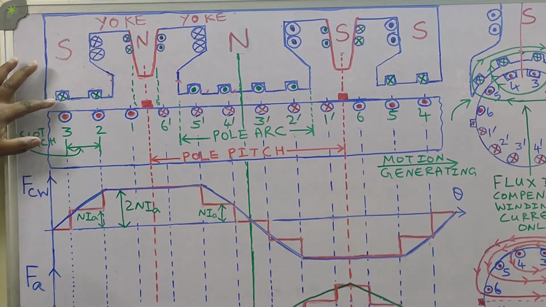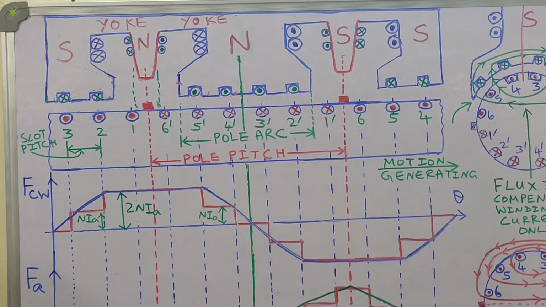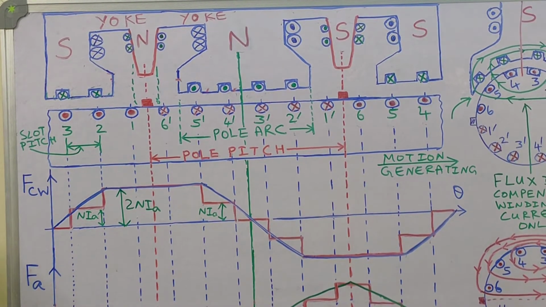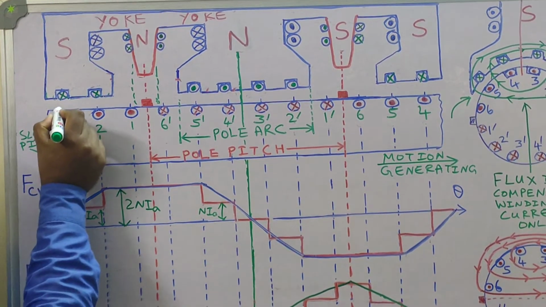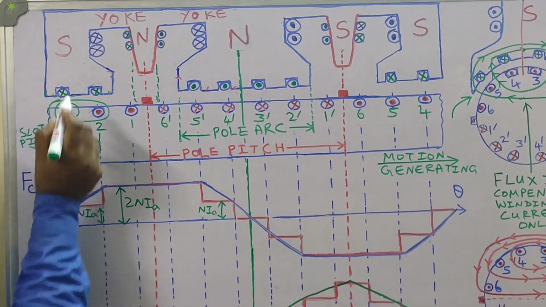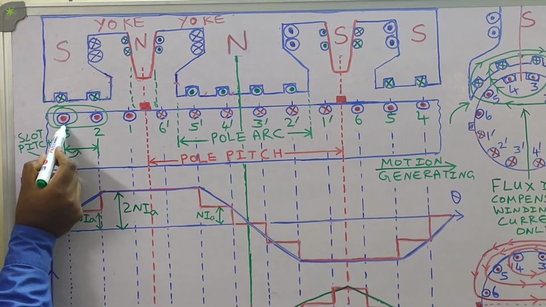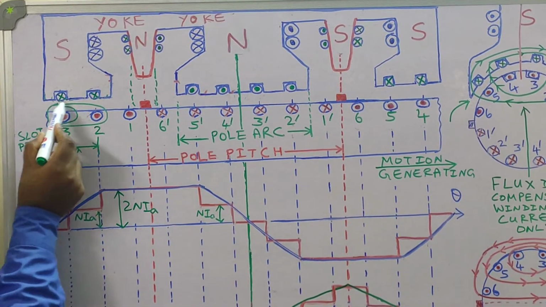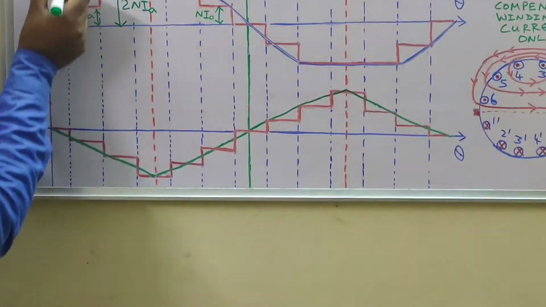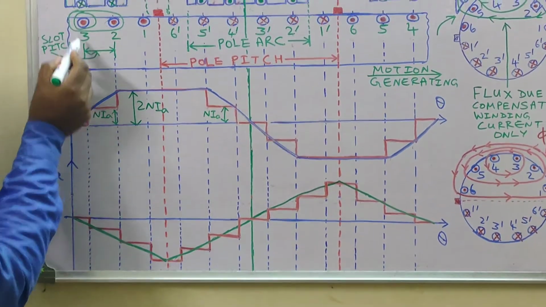The approach which we have taken up here, the same approach can be applied for the armature core also. What you have to do in the case of the armature core also is go on taking closed paths. This is one closed path, this is another closed path. In this closed path there is only one conductor, but in this closed path there are two conductors. So MMF will rise.